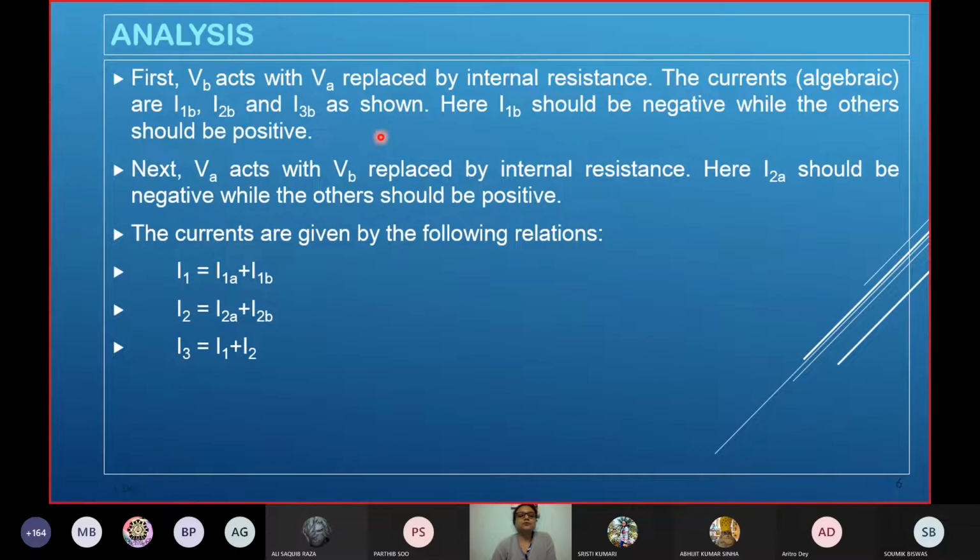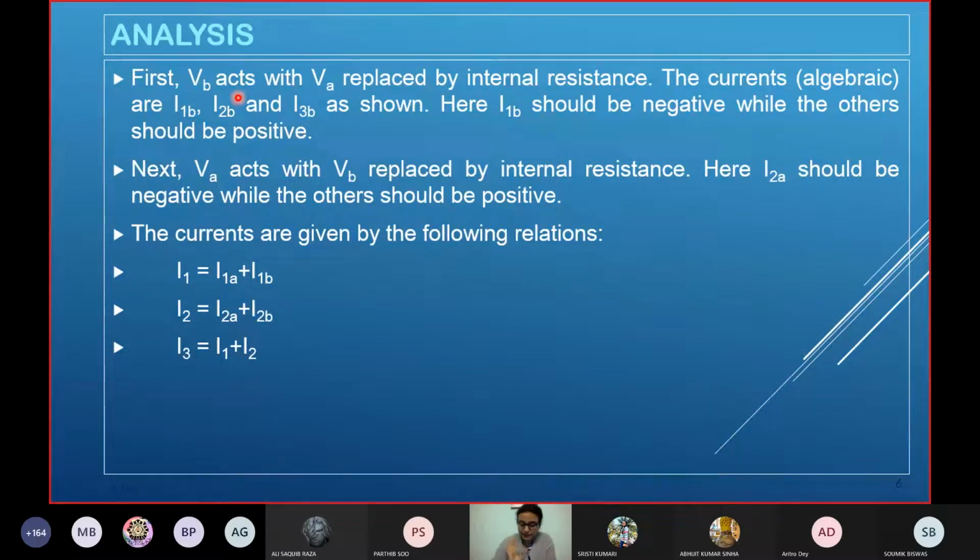First VA acts with VB replaced with its internal resistance. Next VB acts with VA replaced with its internal resistance. In both cases we will measure all the branch currents and take the algebraic summation of these currents,